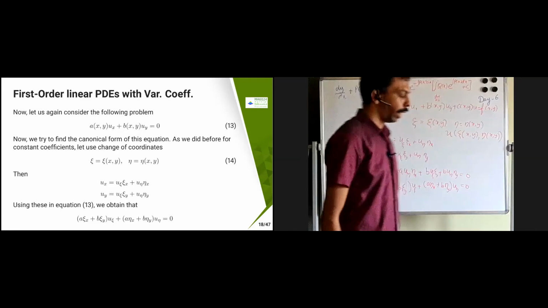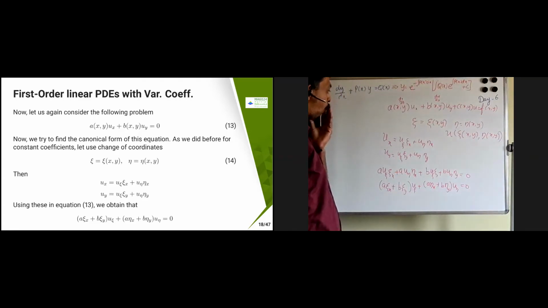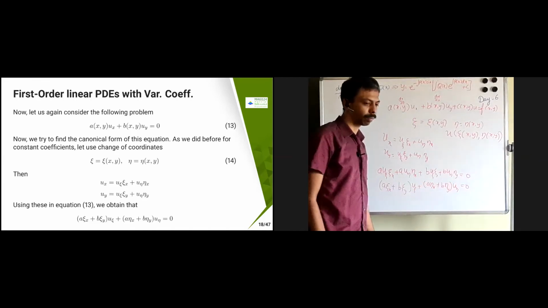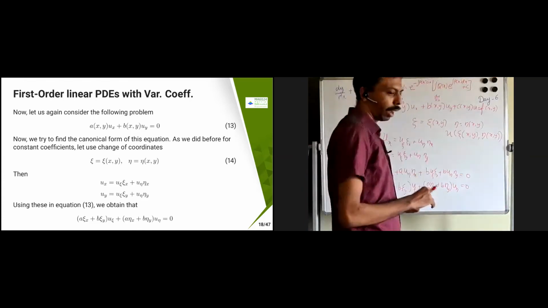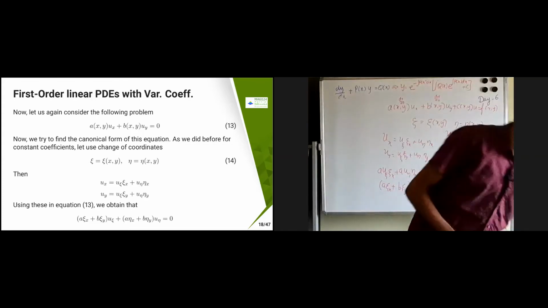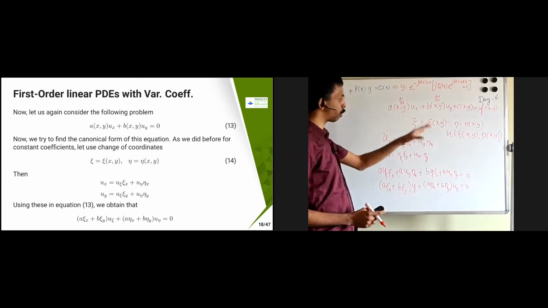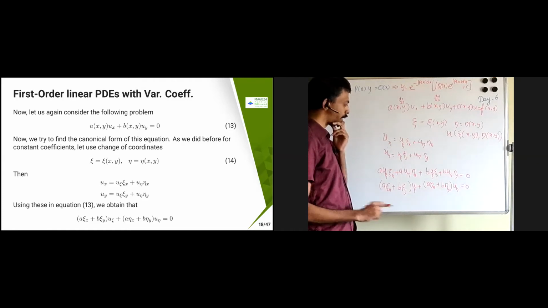Okay, now what is my aim? Our aim was to find an ODE, that is the method of characteristics. But now if we see this, I didn't get to that, because again I got two variables, one is chi, another is eta. That means I'm not done, I have to do some more work. In the previous one I just used ax plus by and bx minus cy, then I ended with u_k equal to 0, a square plus b square into u_k equal to 0, so it was easy to solve.